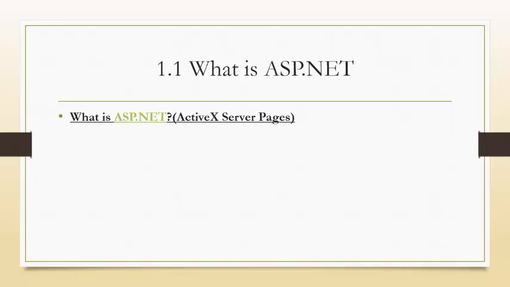The full form of ASP.NET is ActiveX Server Pages. X means it is disconnected. After filling in all the information in the browser, the page will be disconnected from the server. So it is Active Server Pages, but it is disconnected from the server. So it is called ActiveX Dis Server Pages.